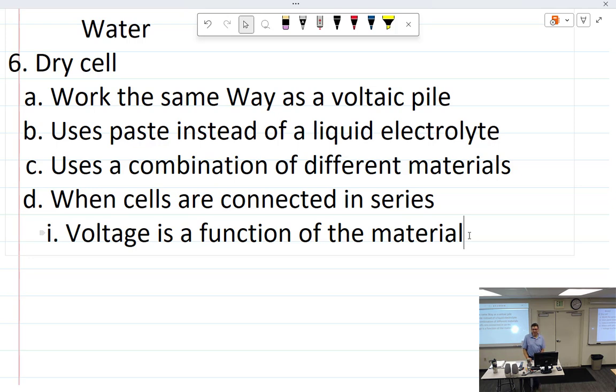So if a NiCad single cell has a voltage of 1.25, but a lead acid battery has a voltage of 2.2, there's a difference of a volt between the two. It's a function of the materials. All right, now we could look at it a different way. So we could take one cell from a lead acid battery and one cell from a NiCad battery, and we could take like